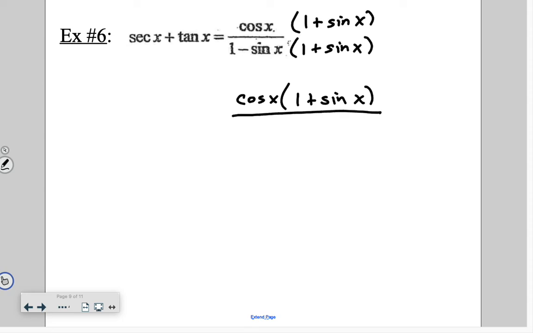When we multiply out the denominator, what would you get? Yeah. So again, just like the last one, it's a difference of squares. First thing squared, 1 squared is 1. Sine squared is just that, sine squared x, and there's a difference between the two. Okay. Which, what's the denominator now equal? What is it? Cosine squared. 1 minus sine squared is cosine squared. Okay. So,